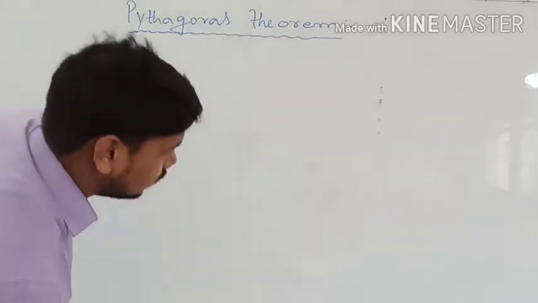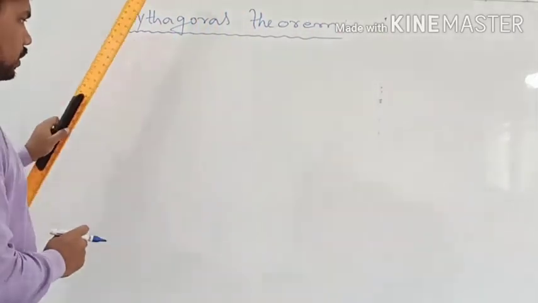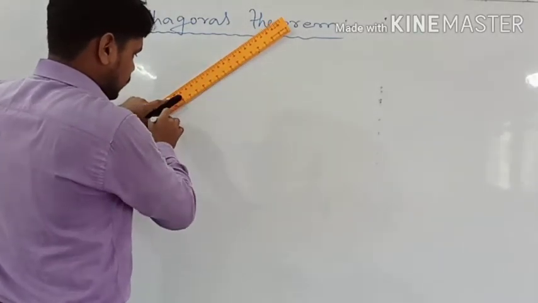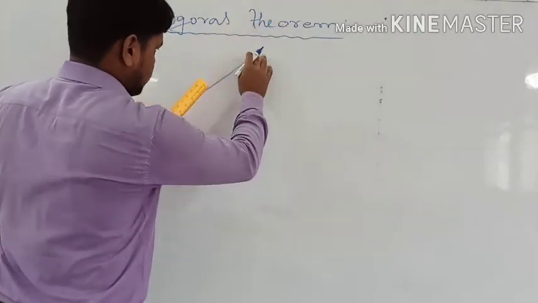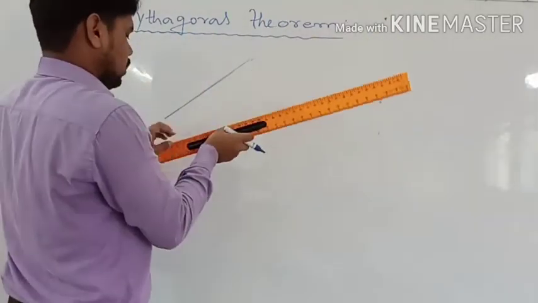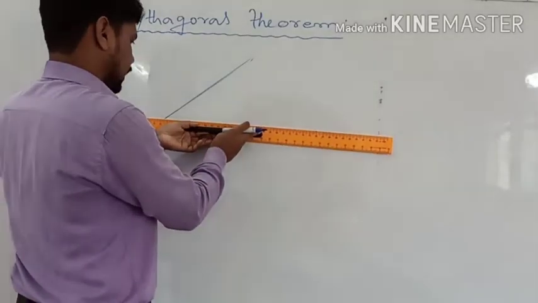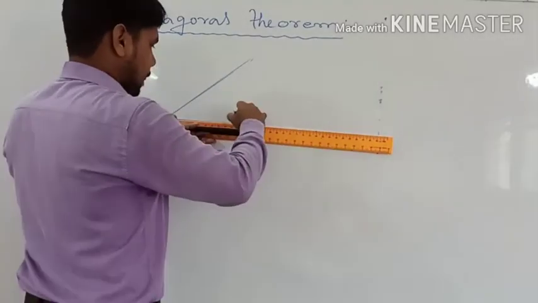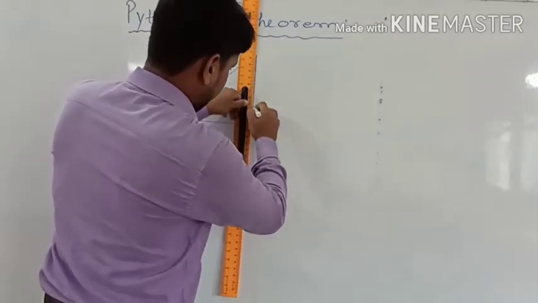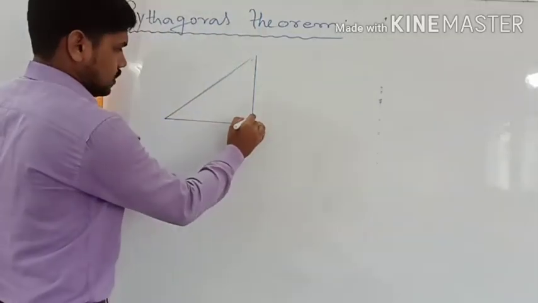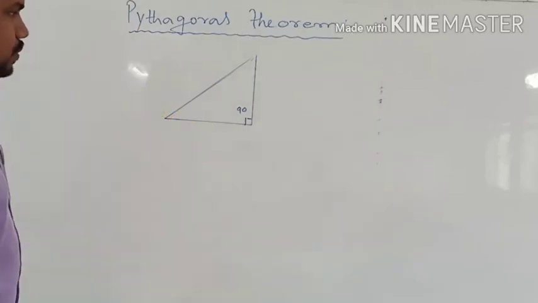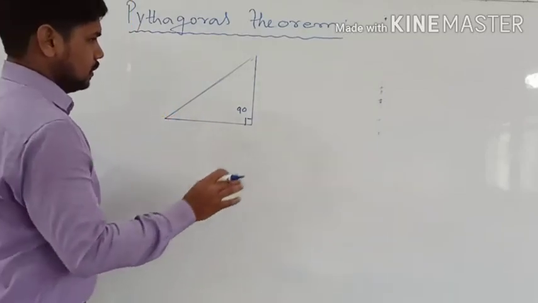Suppose I am drawing a triangle. एक मैं राइट ट्राइंगल ड्रॉ कर रहा हूँ, ठीक है. Right triangle I am drawing here. Suppose this is the hypotenuse, okay, and now I will draw a right triangle here. And suppose this is 90 degree. So in this case, this will be a right triangle because one angle is 90 degree.